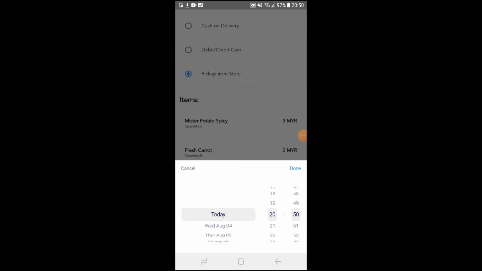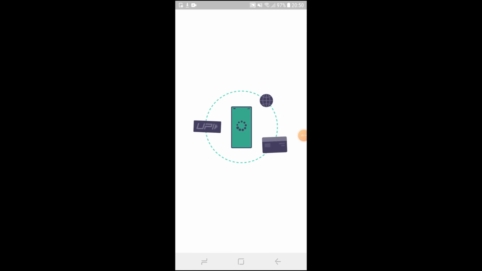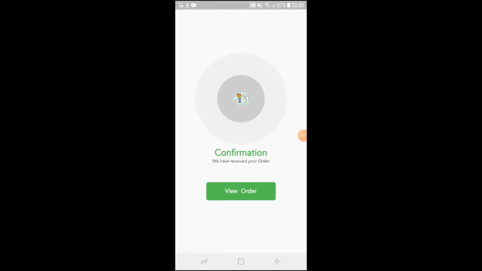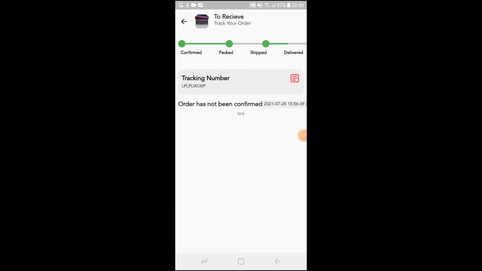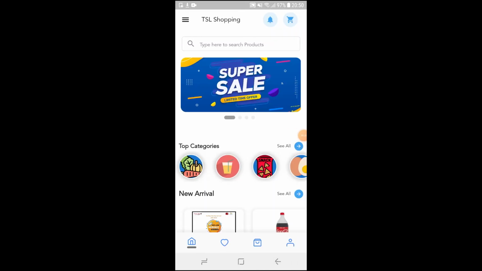So for the place order, we have to pick a time when we want to pick up from the store. So let's say we'll pick up tomorrow morning, 9:40. We'll pick here and we'll see some transactions and a confirmation: we have received your order. This is a successful message once the order is transacted. So we can see our order details. This is how the transaction will work for each and every product.